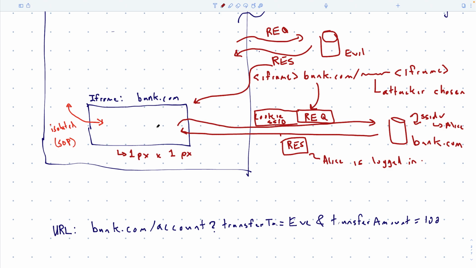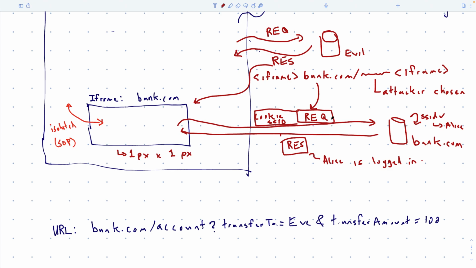My browser just says, oh, this is a request going to bank.com. I know when I go through my cookie jar, I have a bunch of cookies for bank.com, so I'll send them along. And same with the bank. The bank doesn't know that this request came from an iframe. It just sees a request, right?